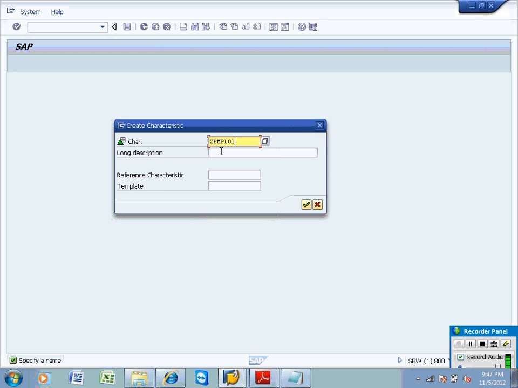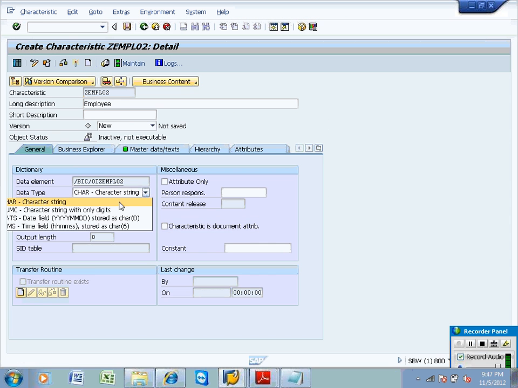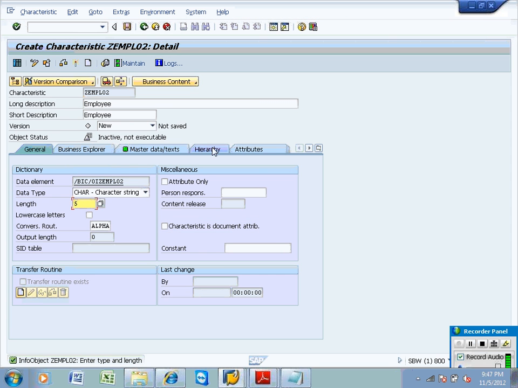I cannot create it, the reason is in background we are already creating. That's the reason I am selecting EMCL02. This is for employee and characteristics. Length is 5.